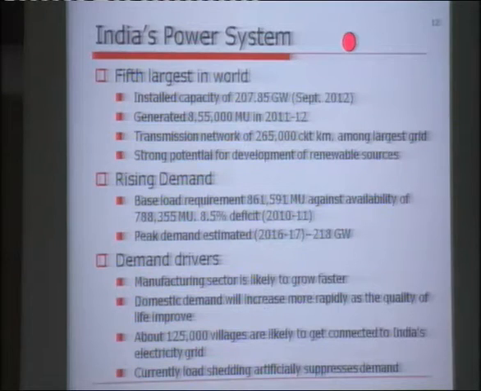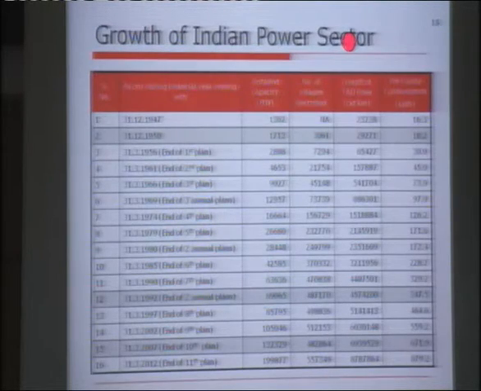These are the salient features of the Electricity Act, in which generation is decentralized, transmission is regulated at central and state level, provision of private transmission licenses, open access in transmission from the outset, open access in distribution is also allowed, and the trading and appellate tribunal are also created.